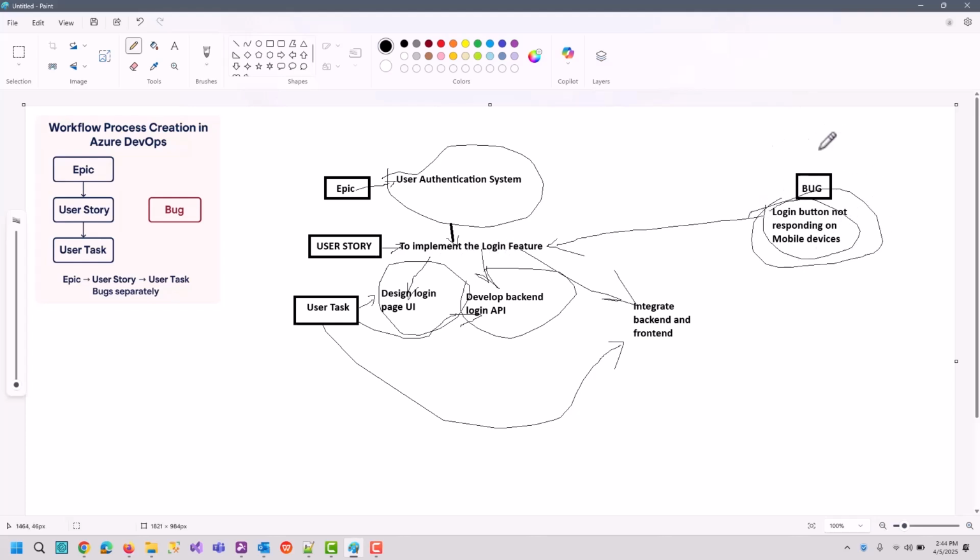So you can create multiple bugs and you can relate all those bugs with the user story, or maybe the parent item, whatever you want to follow. You can link all the bugs with the epic also, so that you can track how many bugs are reported related to this epic, or maybe how many bugs are reported related to this user story. You can follow whatever you want.